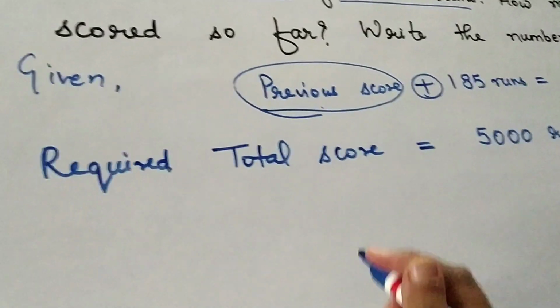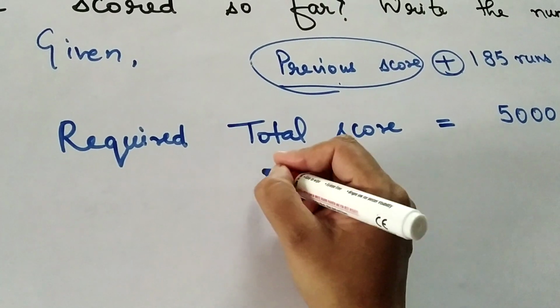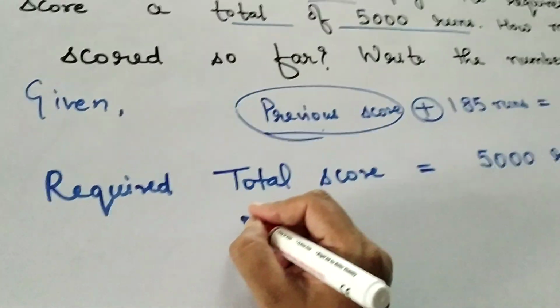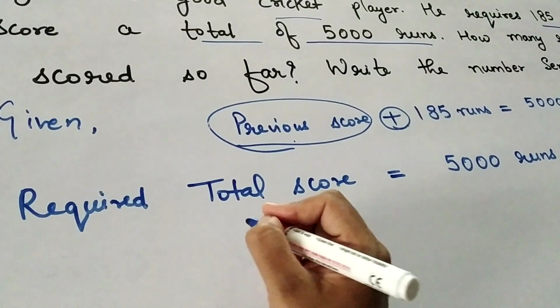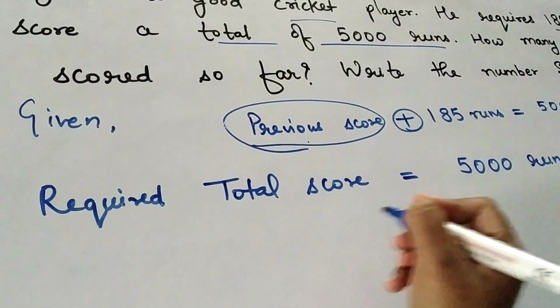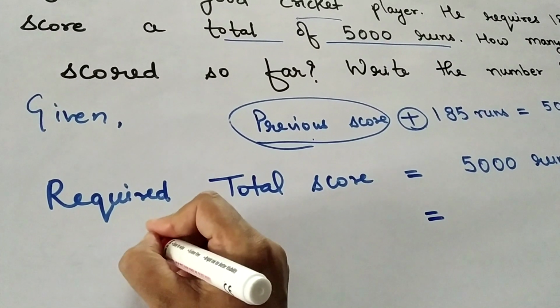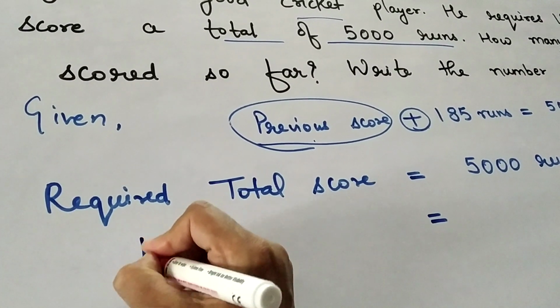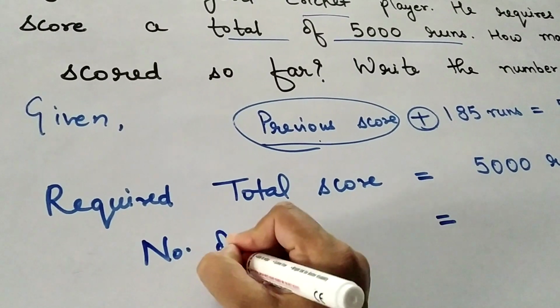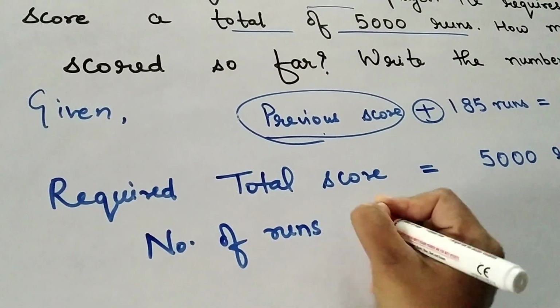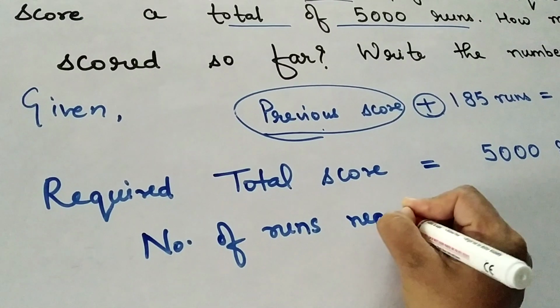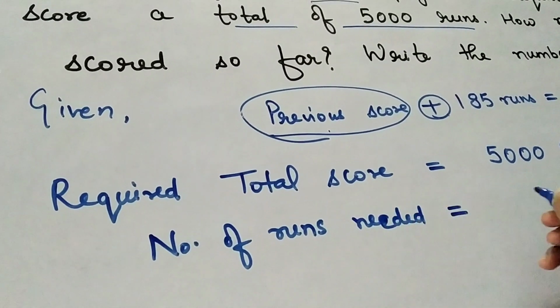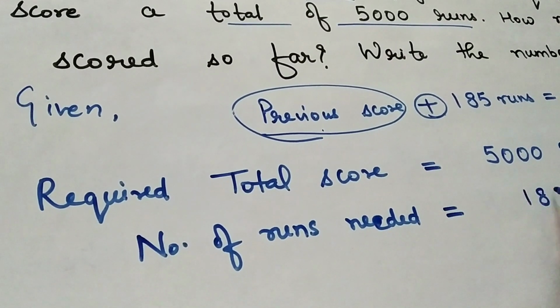Okay. And how many runs are needed? He requires 185 more runs. So number of runs needed is 185